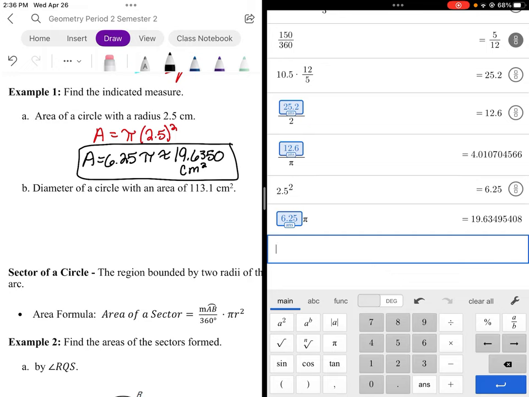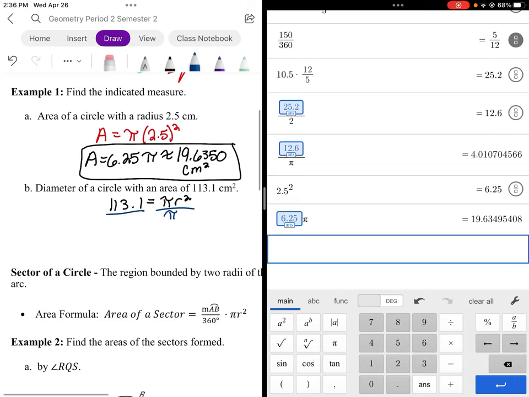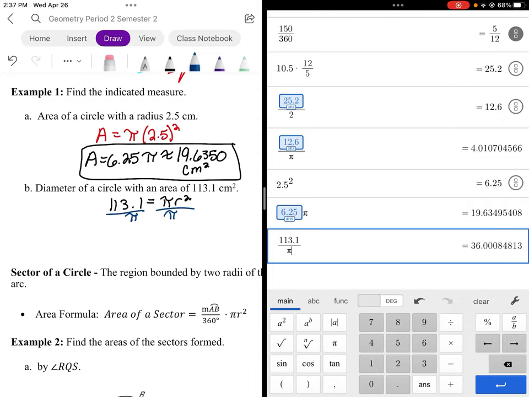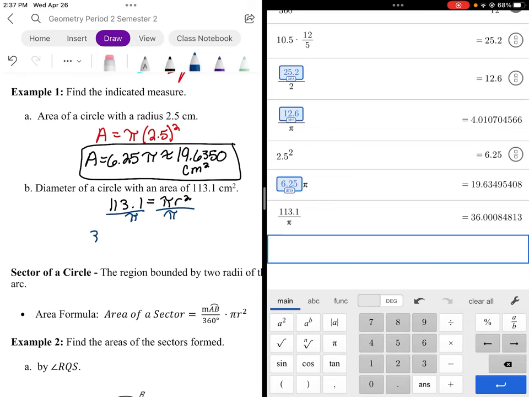So then for part B, we're going to find the diameter of the circle given the area. So we're going to plug that into our area formula, and we're first going to figure out what our radius is. So to do that, we're going to divide both sides by pi. So 113.1 divided by pi, and that gives us about